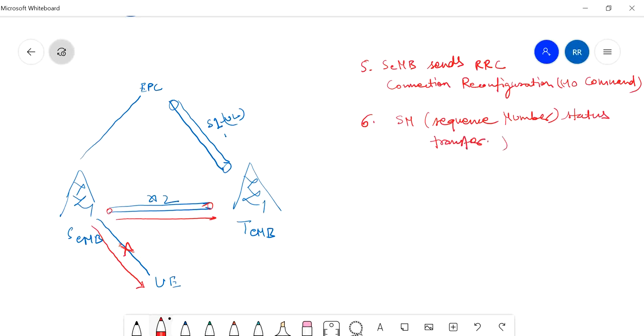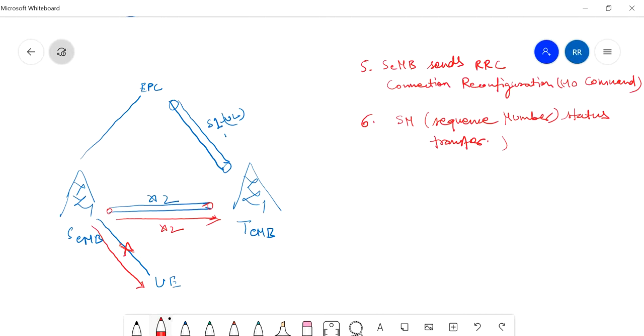Right, what is sequence number status transfer? That it sends via this X2 link this sequence number status transfer, whatever the pending data for downlink in this eNode B, right?